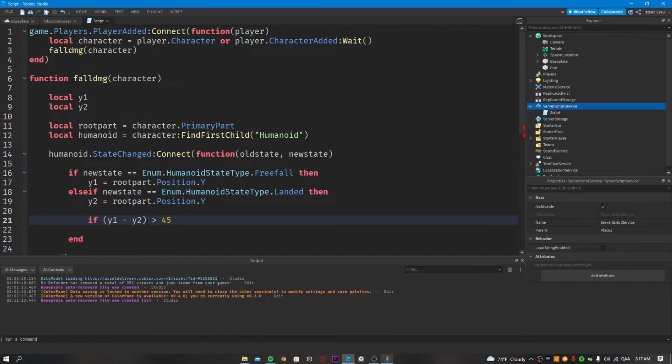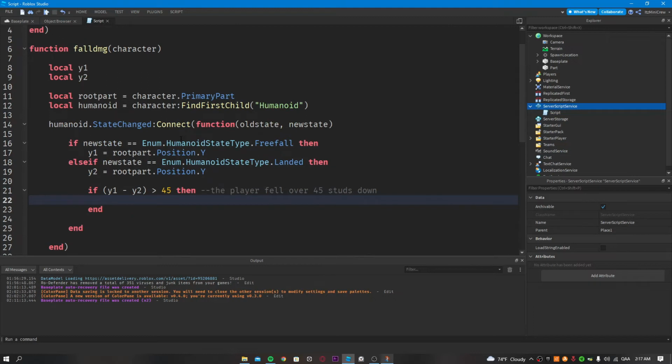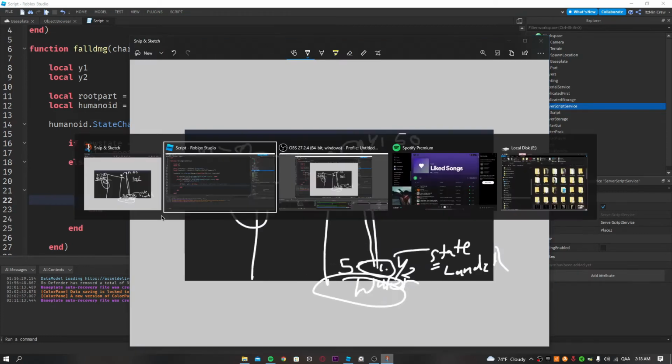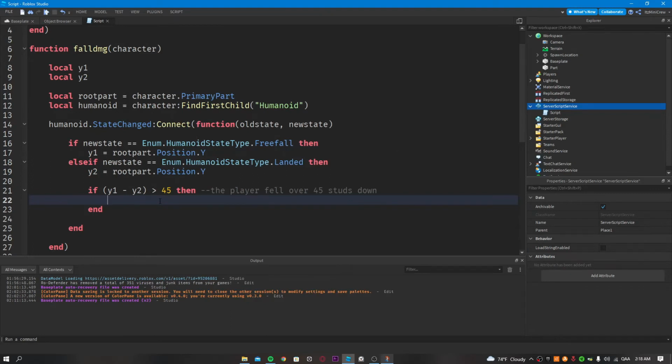So I'm gonna say 45. Then here the player fell over 45 studs down, right? Then we're gonna damage the player, which we can damage here, but we're not gonna damage just yet, because if there can be water, right? If there's water here instead, then I want the player to take less damage, right? So to do that, we should do something else, which is